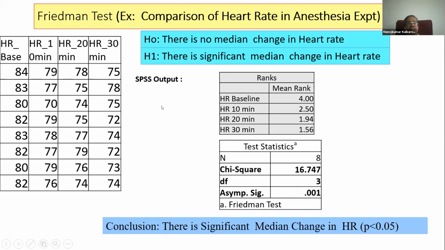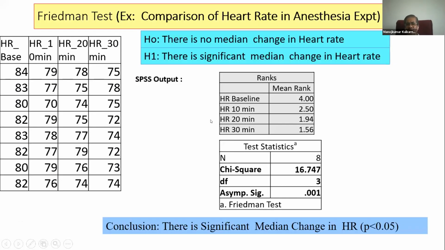So there are more designs between. So you can extend it between two groups also. This is for one group. This is repeated measure of one measure. So you can compare repeated measures for two factors. Say for example, this is drug A, and you have measurements related to another group, drug B. So is there any change between the two groups along with the timing clock? 0 minute, 10 minutes, 20 minutes, 30 minutes, etc. So the findings we are going to get when we run this.